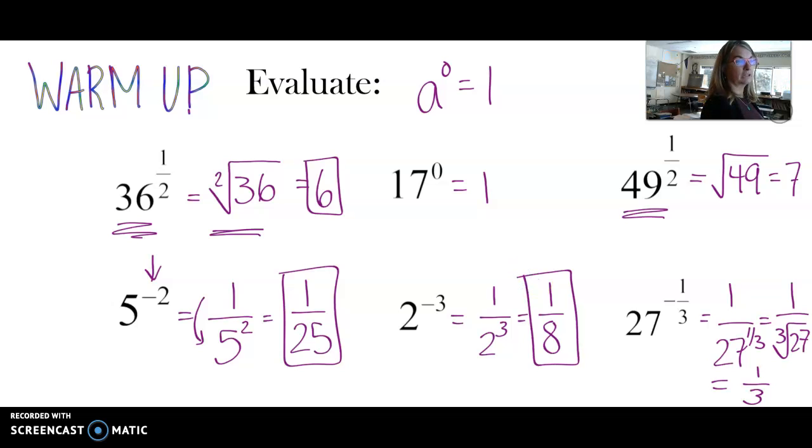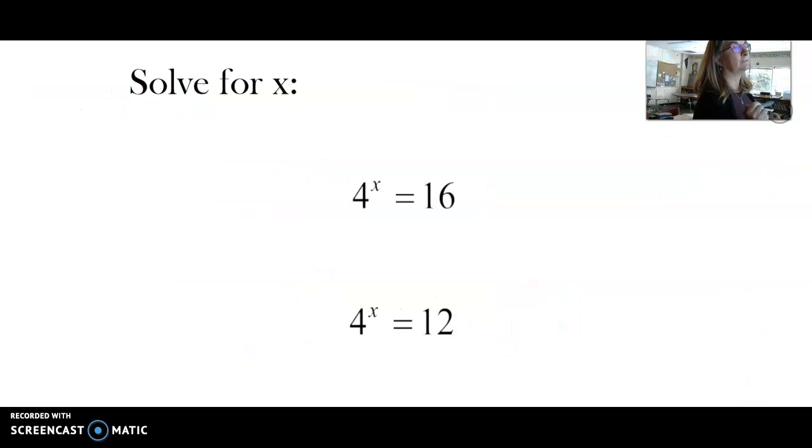27 to the negative 1/3. Again, make the exponent positive. We're going to put 1 over 27 to the positive 1/3. That 1/3 power, we can rewrite in radical form as the cube root of 27, which means you're looking for a number times itself again 3 times that gives you 27. And it's 3 because 3 times 3 is 9 times another 3 is 27. Okay, so